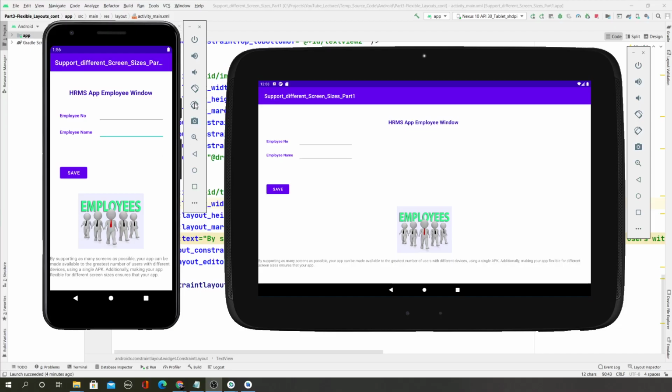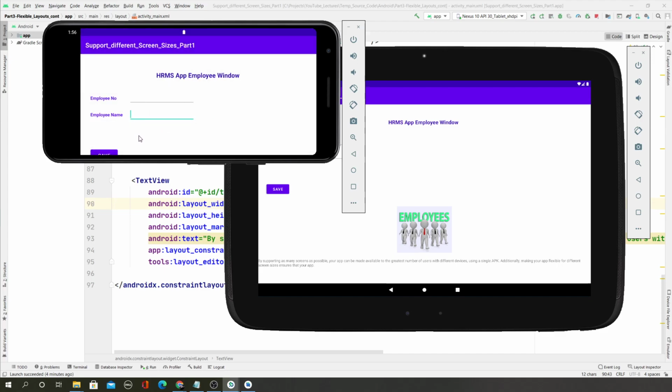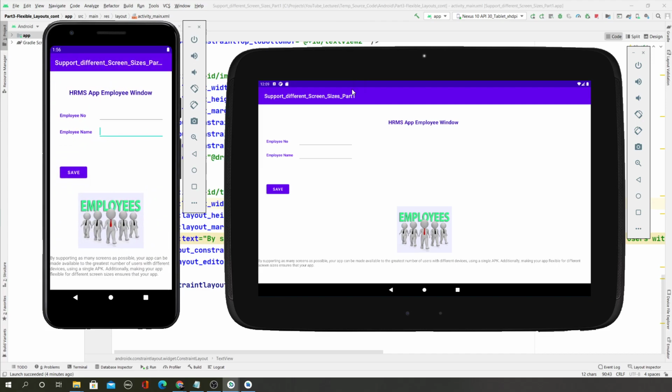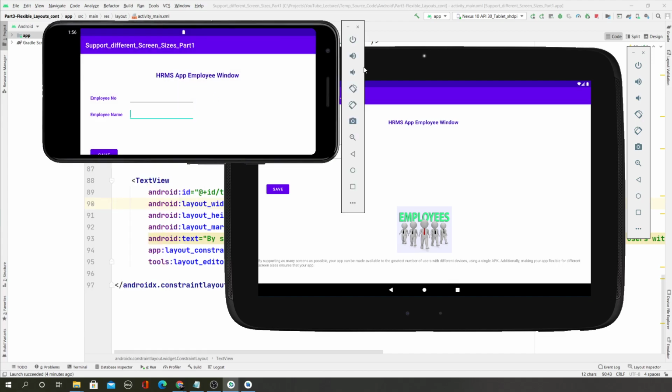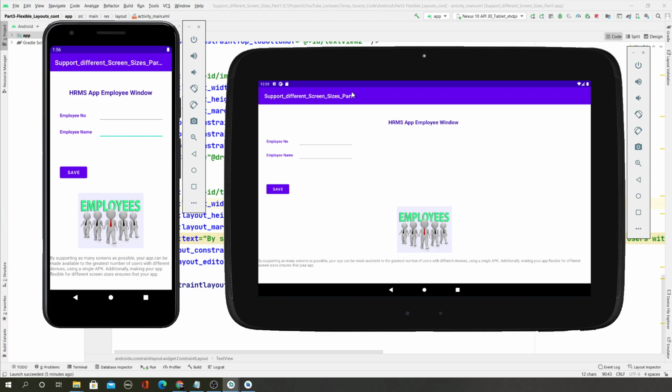For example, if the user rotates the phone, see now the user can't see the entire app, right? So if you learn only to develop an app without considering device compatibility, this app will not be accepted by the clients or by the community, because the moment they rotate their phone, your app is not working, meaning it doesn't show. That is why this lesson series about device compatibility, another word for which is adaptive user interface, is very important. Look at the remaining few lessons to solve this problem.